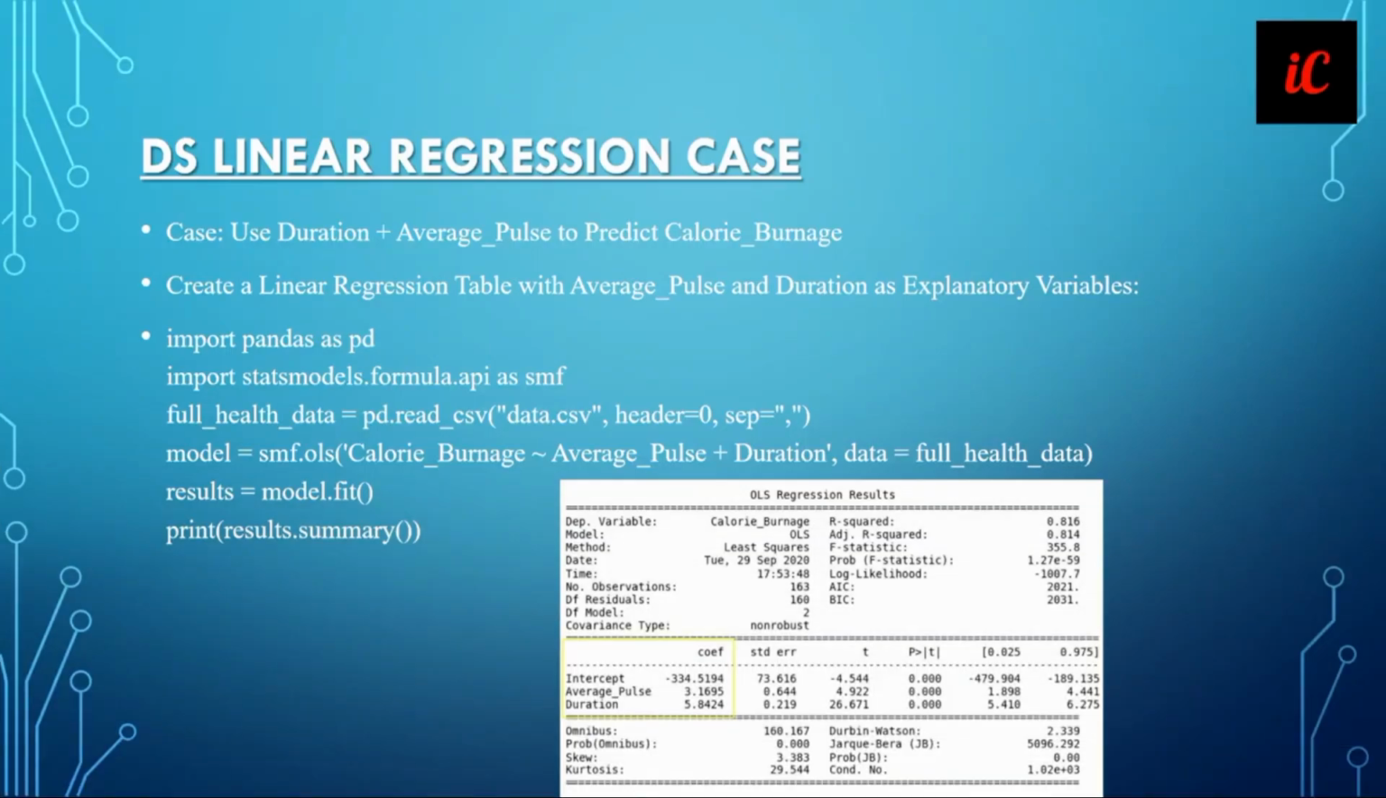Today we are going to study the regression case. So let's see what it is. What is the regression case here, and how do we find it? For that we have to use duration plus average pulse to predict the calorie burnage. To create a linear regression table with average pulse and duration as explanatory variables, we have to